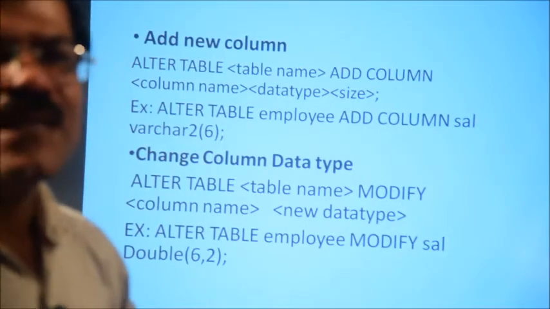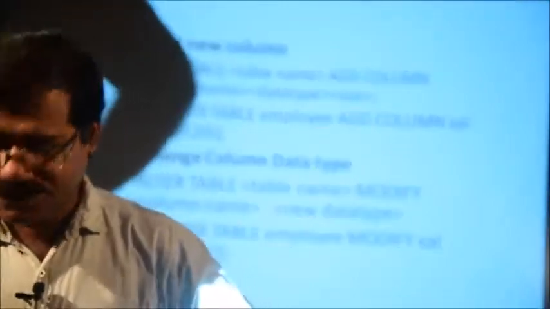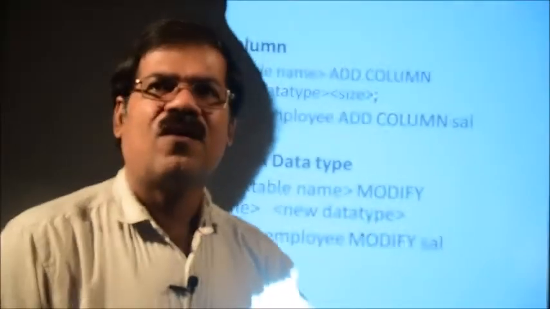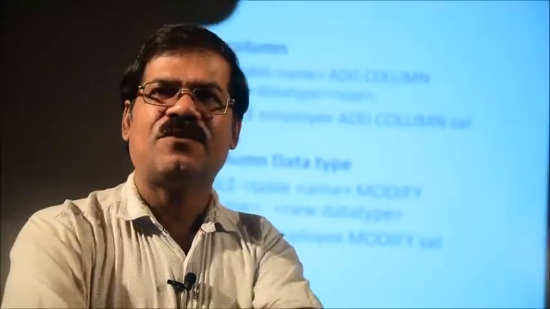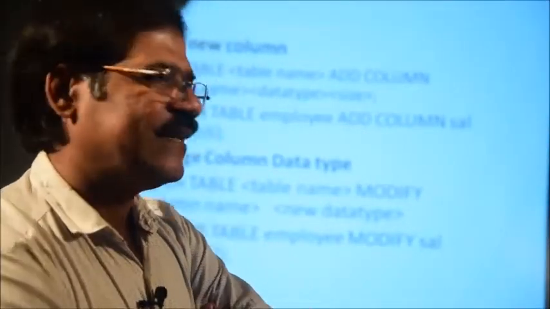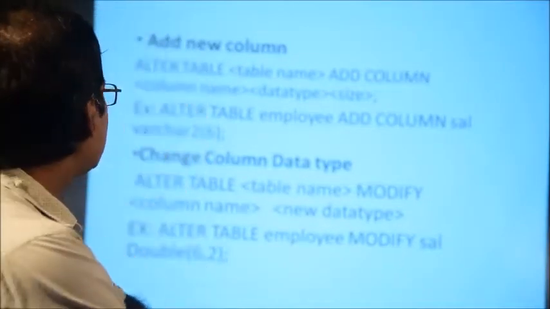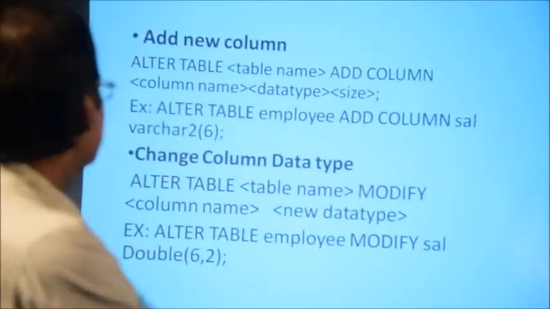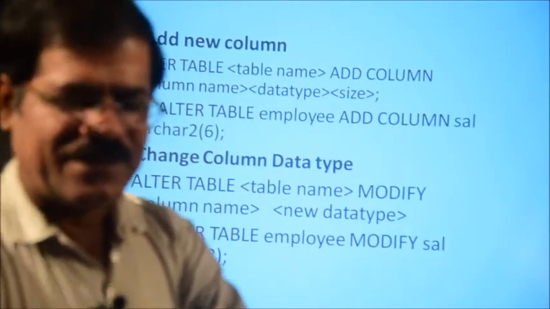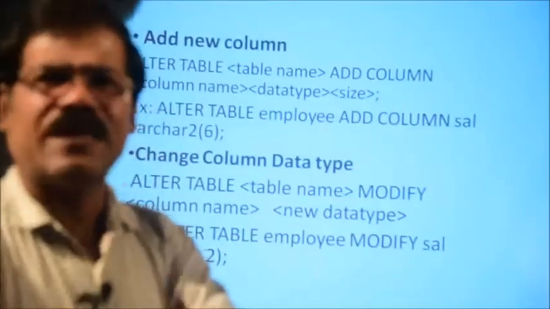Salary is a double type, or you can say it is a decimal type. You can say a decimal number, maybe 5060 or 20,000, it is a number. The salary field is a number field, or a decimal field, with values like 25,050 rupees. Suppose by chance I put it wrongly. Previously I added a column, add column salary field, and I wrote varchar 2. That is wrong, because a variable character is not right for a salary value. The salary field is basically a number type, or decimal type, or double type.